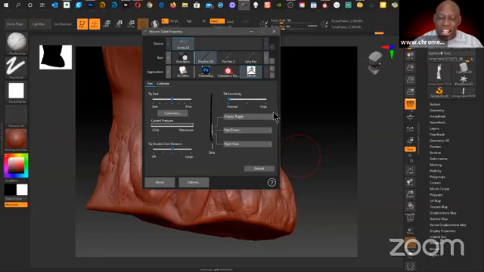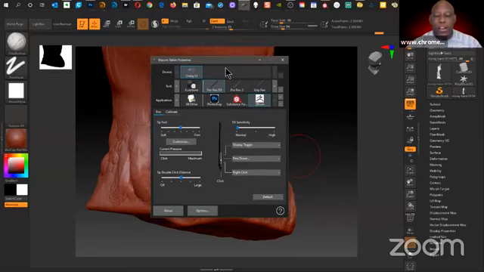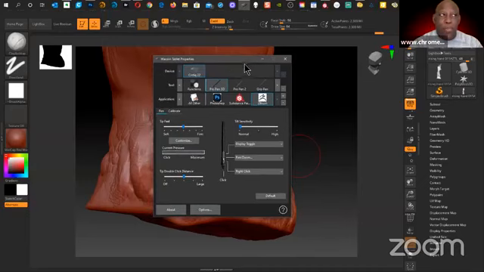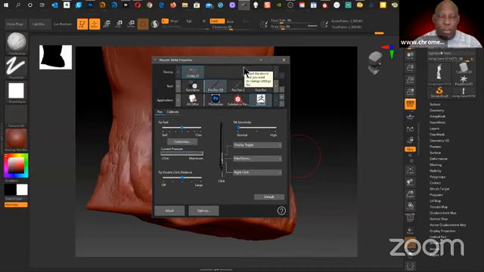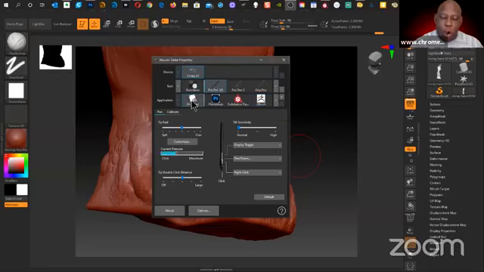So when I click that button, next I'm going to click here. Now watch what happens. I click the button, it goes away. Now it's over to my left monitor. I click it again, the top button. Now it's over here to my right monitor. I click it one more time. It comes right back to this monitor. I can work here. And that is set. The top button for toggling through all of my displays is universal for all of my programs. In fact, I have a tendency to go to all programs right there and make sure that top button is set for toggle display. Okay, let's go back to ZBrush.